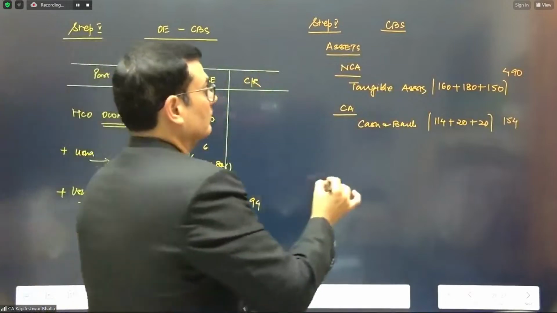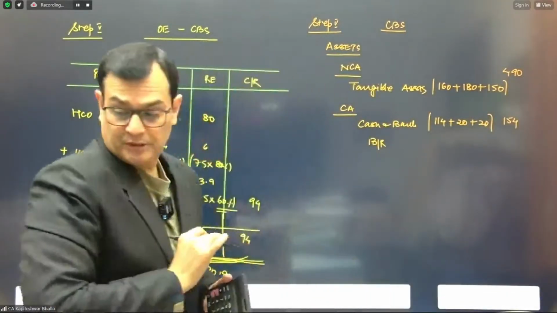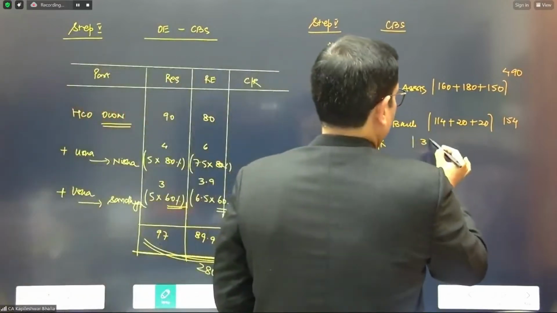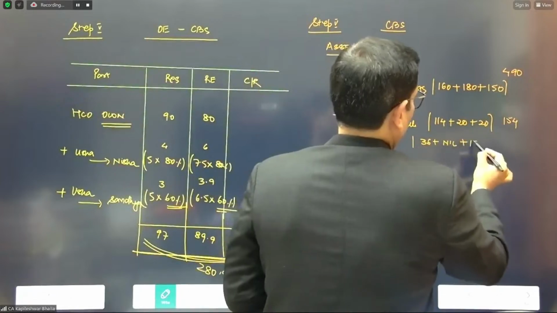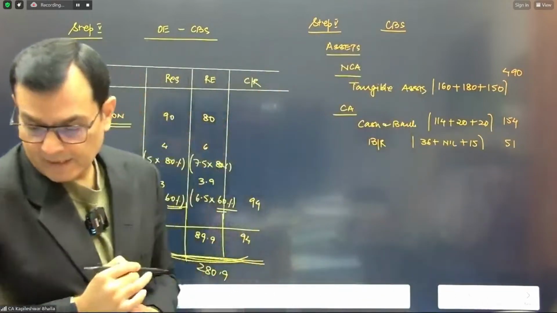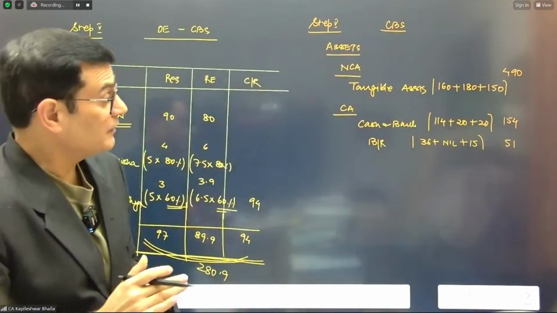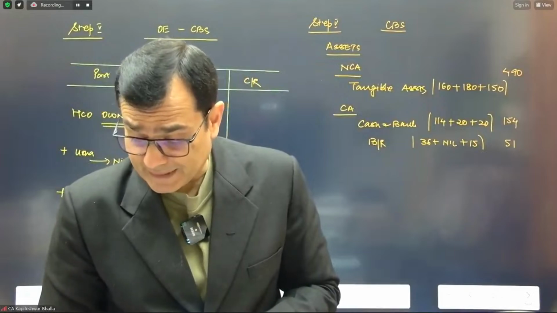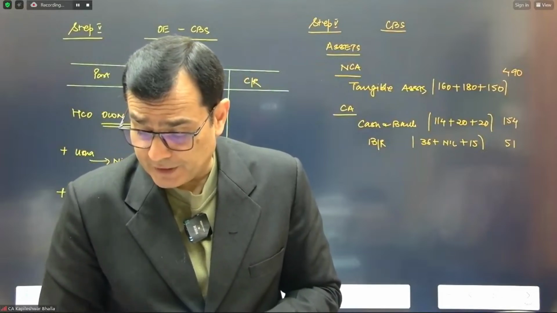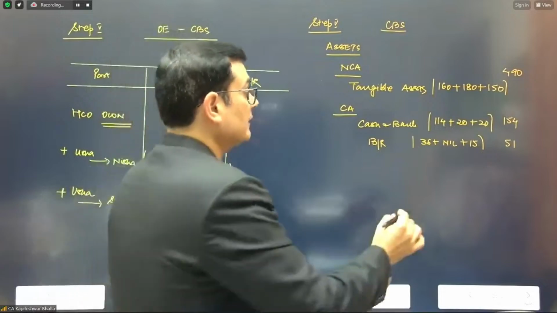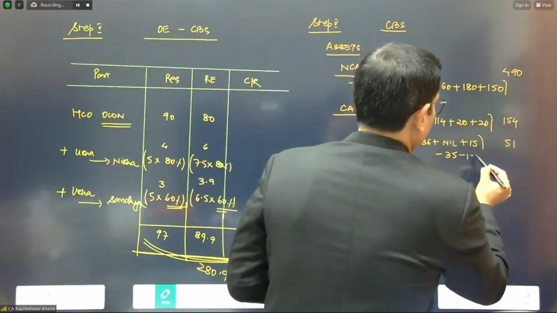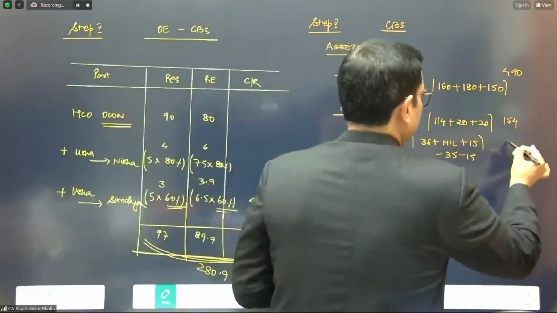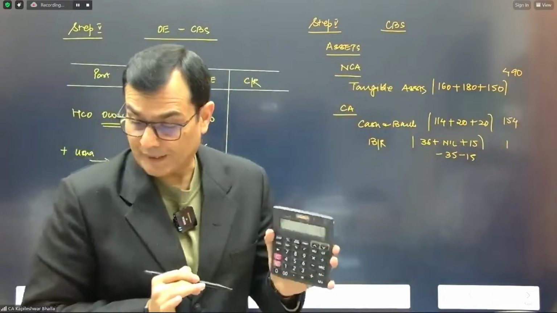Then next we are given the bills receivable. In terms of the bills receivable, it is 36 plus nil plus 15, that makes it 51. But for bills receivable, there is an intercompany owing on the liability side. We can see that in terms of the bills payable, there is intercompany owing of 35 and 15. So that's on the liability side. So effectively, eliminating the intercompany owing, the bills receivable appears at 1.